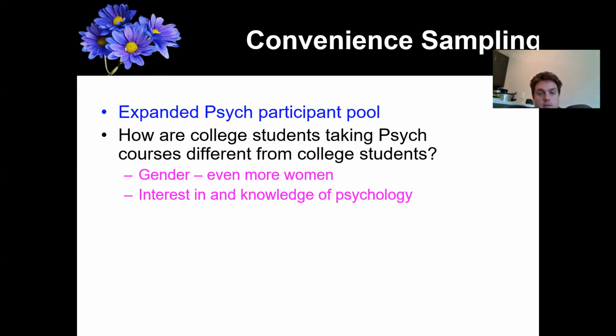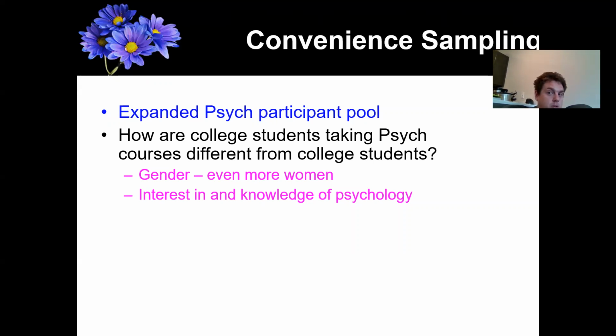And just think about it further, right? If someone has an interest in psychology, how might they differ? And these are questions you always want to ask with recruiting methods. How is it that the sample I drew might differ from the population in question? So how might, say, someone who's interested in psychology be different from your average person?